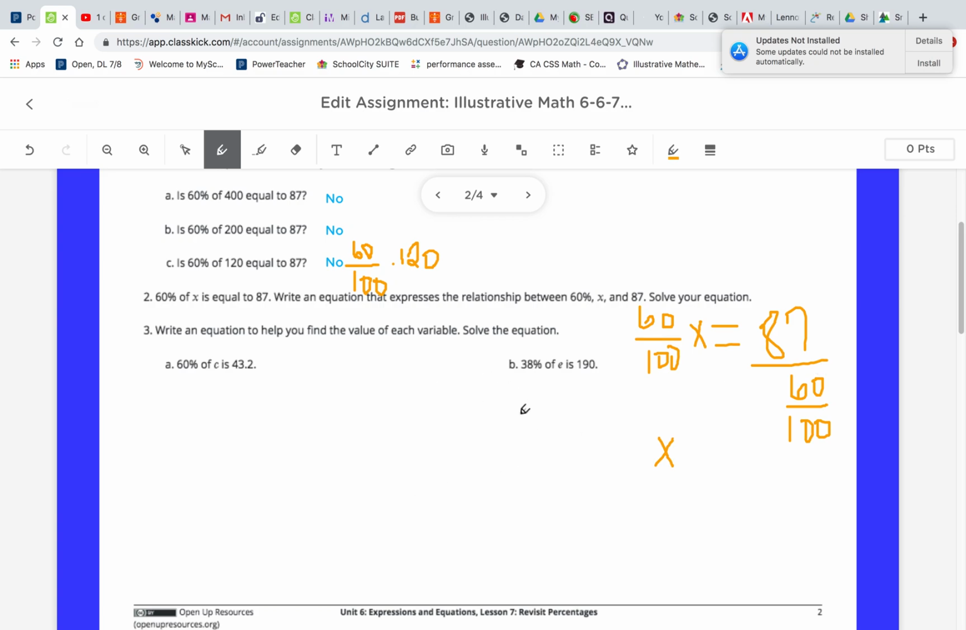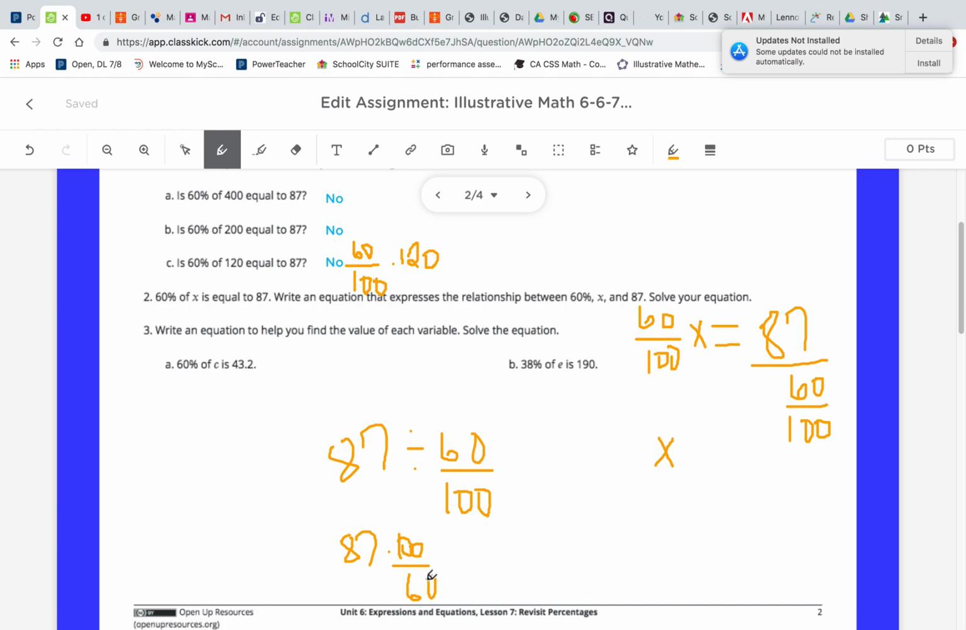So I'm going to use all this space here. 87 divided by 60 over 100. And that is going to mean, since we were dividing by a fraction, that we actually need to make this into multiplication, right? So we need to make this into 87 times 100 over